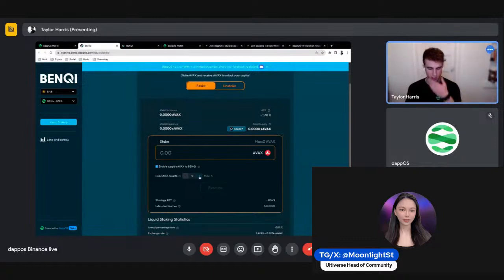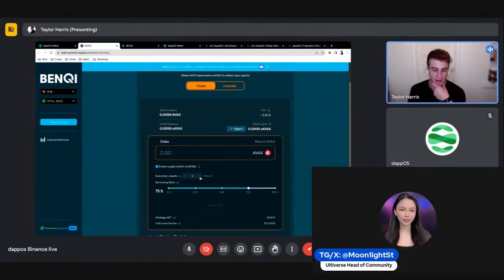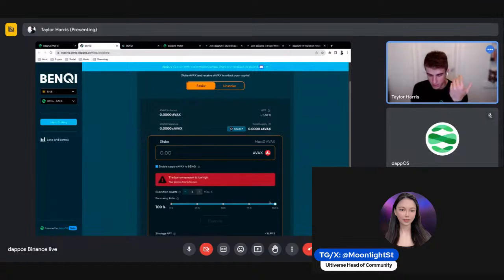I can choose a max of 5, so it's going to automatically do that same process of recursive staking 5 times. What we recommend is doing about 75, because if it's anything more, the borrow amount can be too high. It can be perceived as a risk.